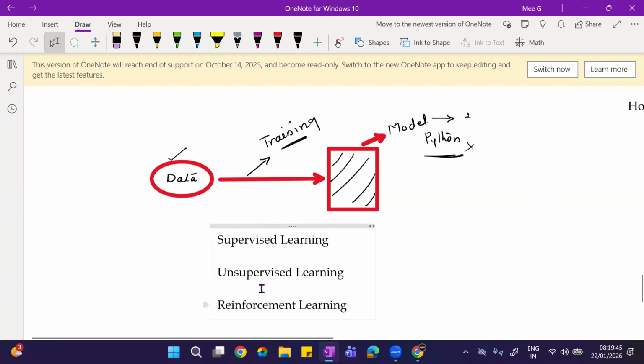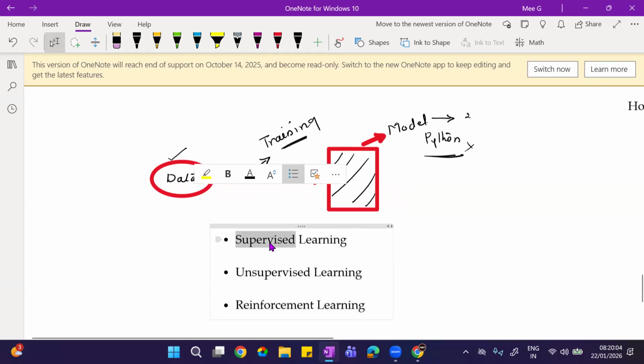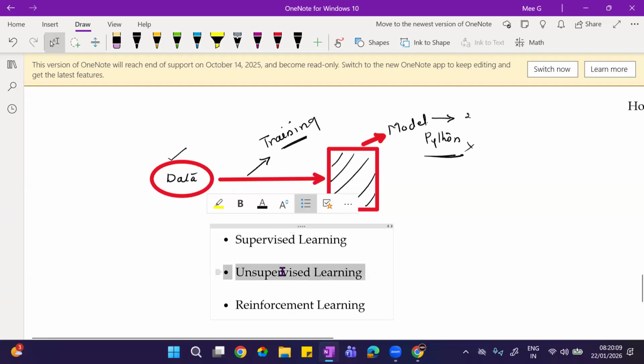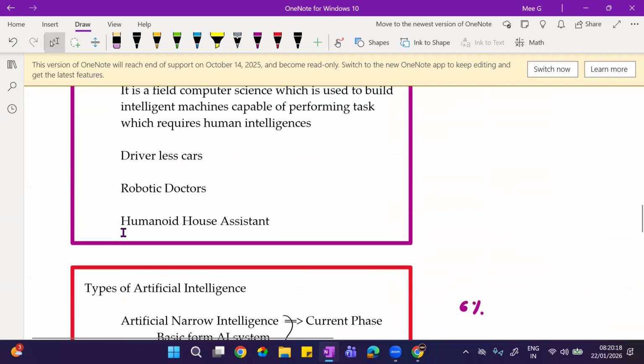Okay, now there is one more, semi-supervised. Again, it has come into existence based on the different types, but actually there is supervised, unsupervised, and reinforcement. Reinforcement, I told you, where data is not required. In the supervised case, data is required, but you will be training it under supervision. And in the unsupervised case, no supervision is given. It will learn by itself. Okay, so we will see this as we move forward.